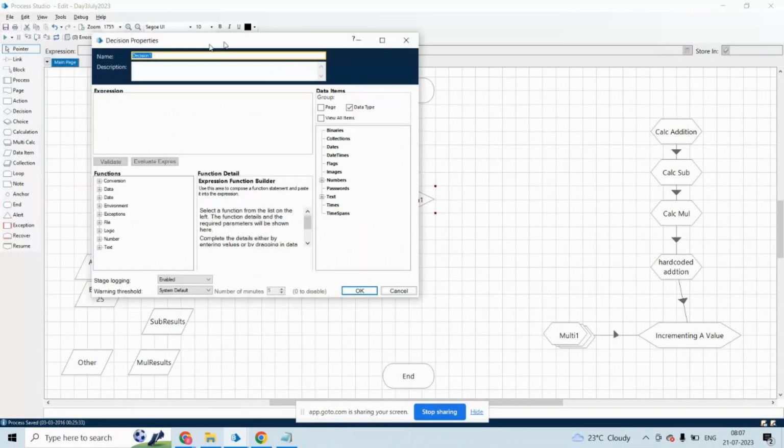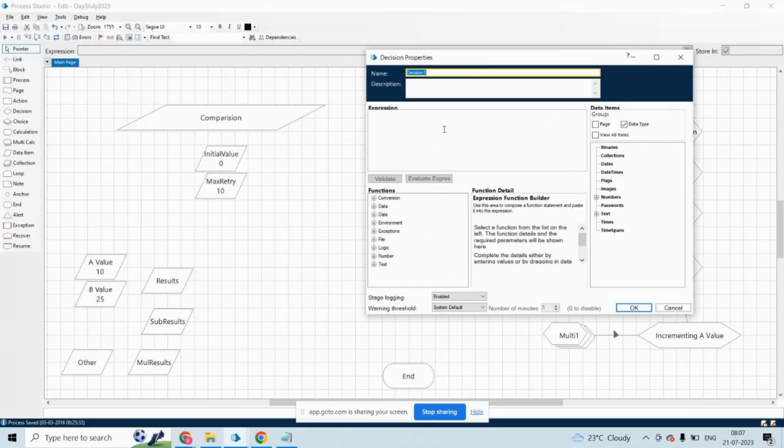Here I will check the condition: initial value less than max retry. If the initial value is less than max retry, if this condition is true,